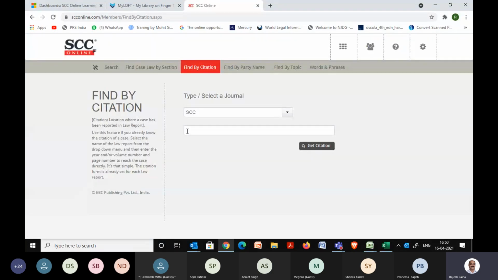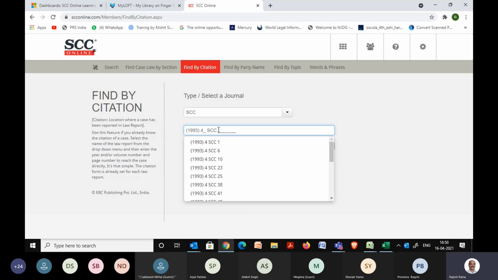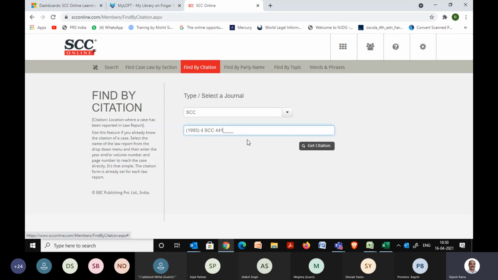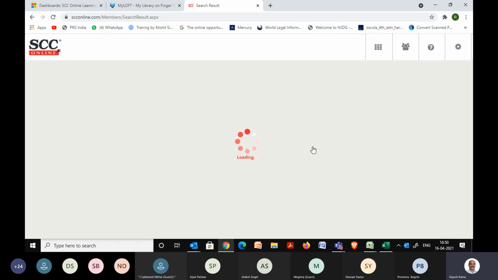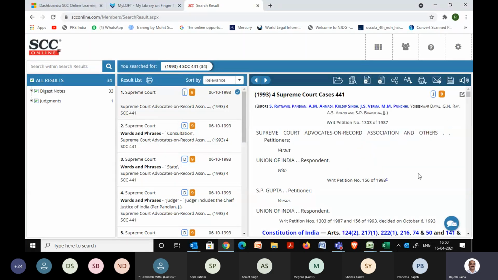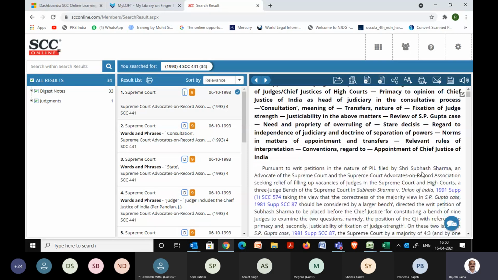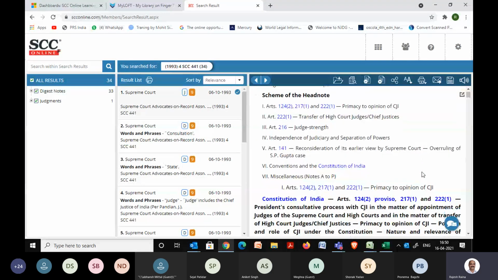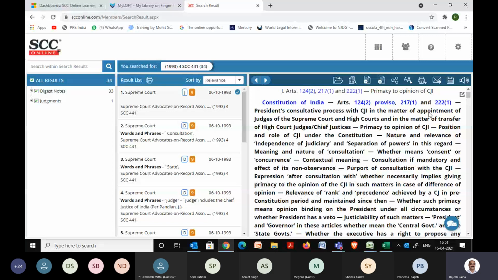Another example I want to show you here is that in some landmark judgments, we have also incorporated some extra information in the form of a summary of arguments, in select few landmark judgments. And this judgment of Supreme Court Advocates on Record Association versus Union of India with SP Gupta versus Union of India is basically on the judiciary, I mean, appointments and transfers, etc. You can see that these portions in bold are part of the head note. That is our editorial work.